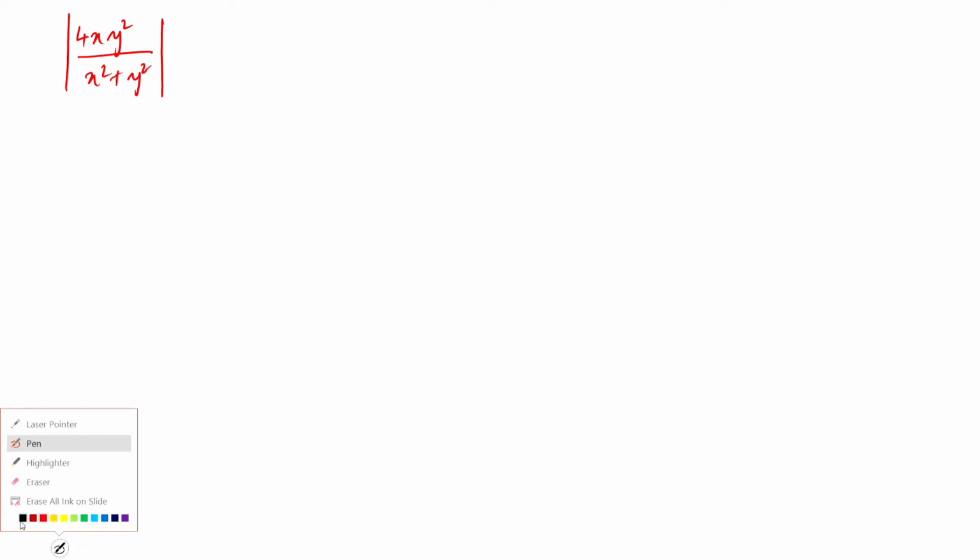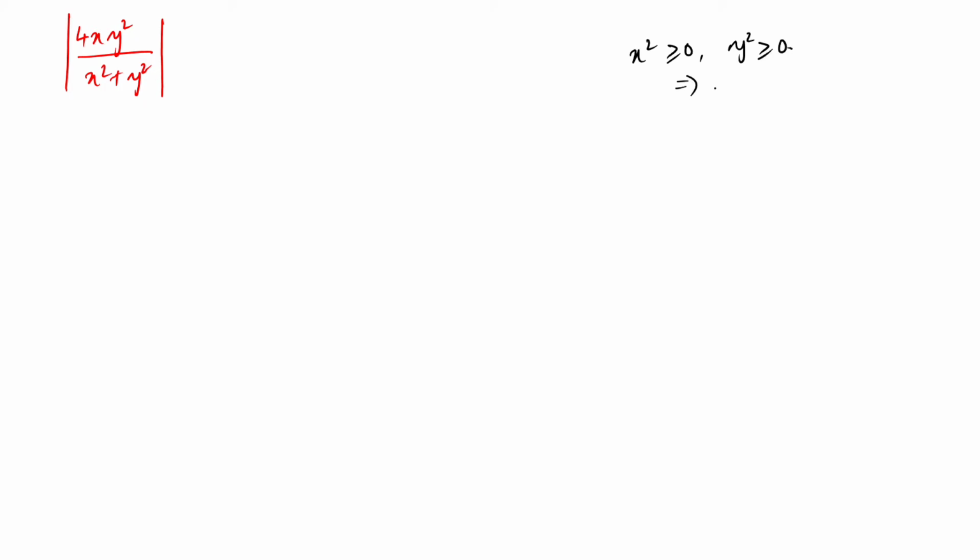Here we will have to observe a few things. That is, x squared is a non-negative quantity, y squared is a non-negative quantity, which in turn gives you that x squared plus y squared is also a non-negative quantity. Is this clear to you? Do you agree that x squared plus y squared is a non-negative quantity? Yes, sir. Good. When you take the absolute value of a non-negative quantity, it is the same quantity, we will not have a minus.